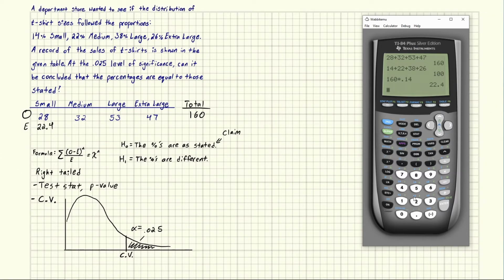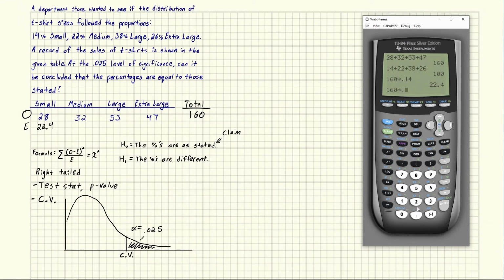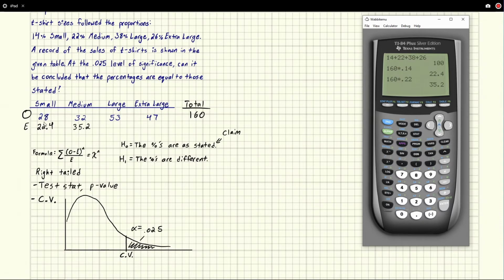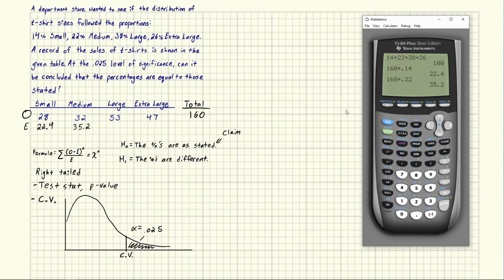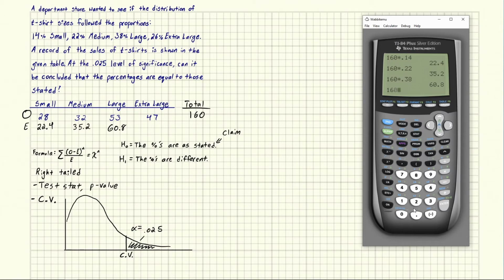And now for medium, we would take 160 and we expect 22% to be medium. So we would multiply by 0.22. That's how much we expect, and that is 35.2. So they're a little different than the values that are here, but they're pretty close. So let's keep going. We've got 38% are large, so we take 160, our total amount, and multiply by 0.38. We will get 60.8. That's how much we expect in the large. And then 26% are extra large. So we take 160 times 0.26, and we get